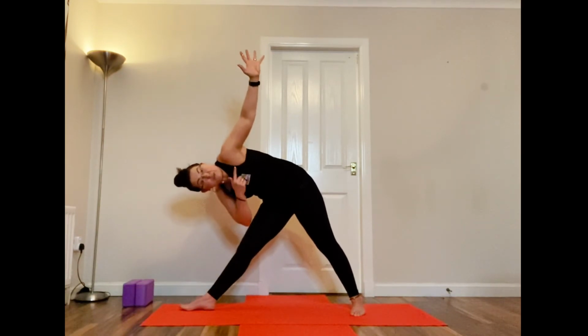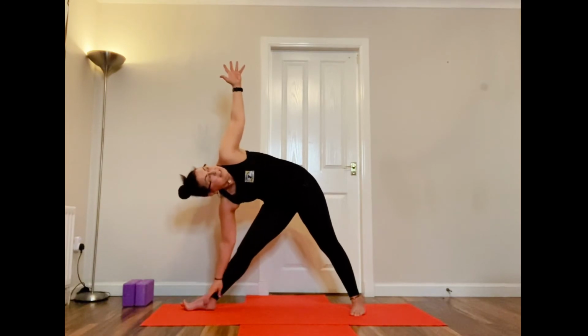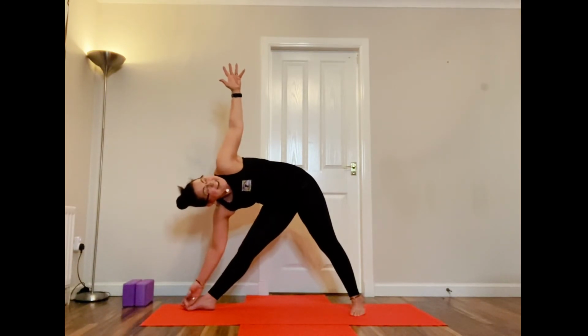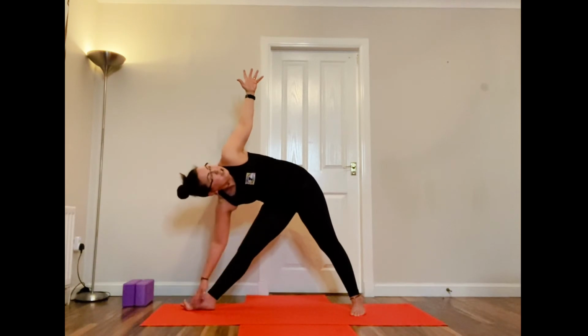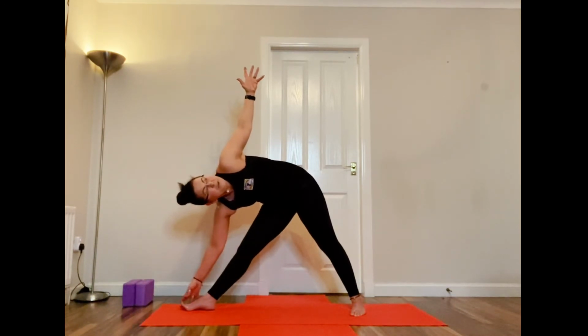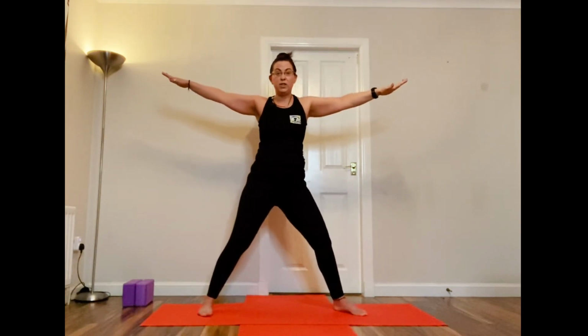But the most important thing about this is see this shoulder, bringing it back, okay? And you might feel a wee pop in your thigh. That often happens in this position, and that's fine, but you're getting a lovely stretch up here and a lovely stretch in your torso as well. So looking down, you're going to come up strong up into the middle. We're going to do the other side, so feet straight,